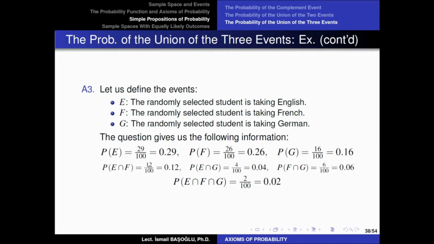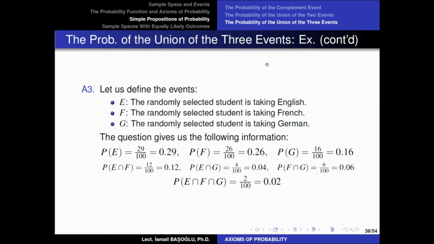12 students are registered to both English and French, therefore the probability of E intersection F is 0.12. Probability of E intersection G is 4 over 100, 0.04. And probability of F intersection G is 6 over 100, 0.06. Finally, since out of 100 there are only 2 students who are taking all 3 classes, the probability of the 3-way intersection, all of the 3 events occurring at the same time, is 0.02, because my chance to select such a student is 2 out of 100. Now we know this,